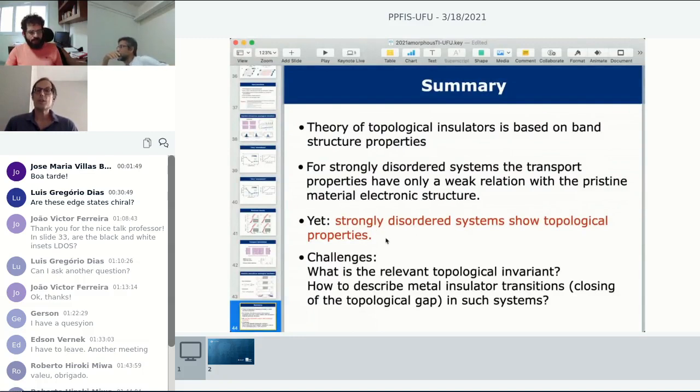Strongly disordered systems show these topological properties despite not having anything like a Brillouin zone. Right? And still, I want to emphasize that if you want to understand the phase transition, how things happen from the point of view of structure, then you really want to look at more relevant topological invariants. For instance, there is a whole discussion of local topological invariants, more local than the Bott index. And if you can actually extend that to these systems, I think we'll be doing a good job.